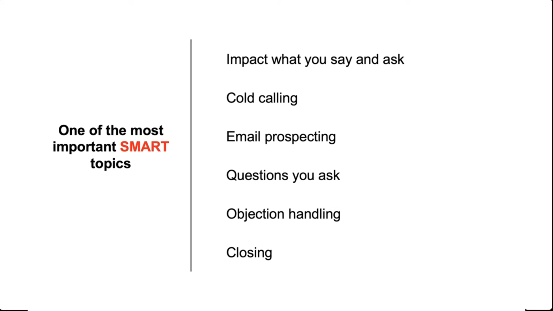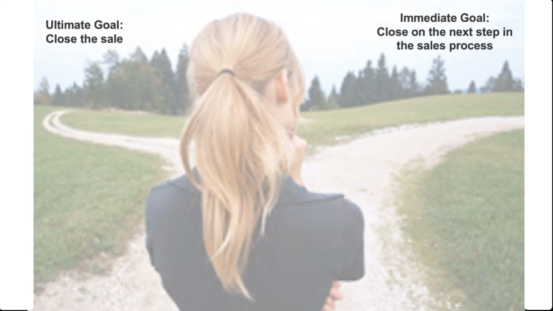And all of these are chapters and topics later to come in the Smart Sales System, and those will all point back to the concepts we talk about here today. So this is one of the most important topics and modules and chapters in the Smart Sales System. And just to show you why this is so important, just to drill into the topic of closing, when you're a salesperson and you're talking to a prospect, whether that's on a call or in a meeting or in an email, every time you're interacting with a prospect, you have 2 different goals that you